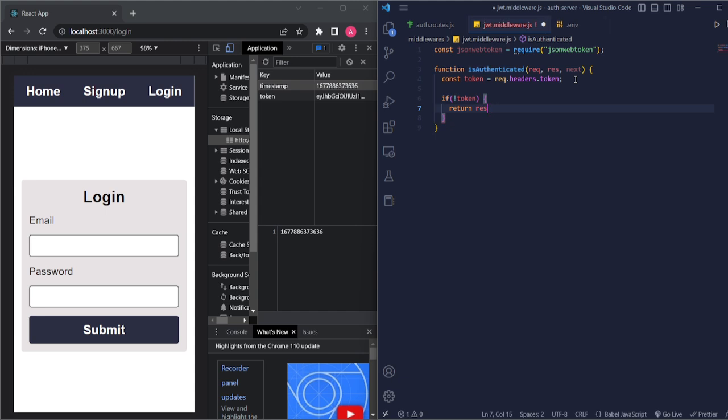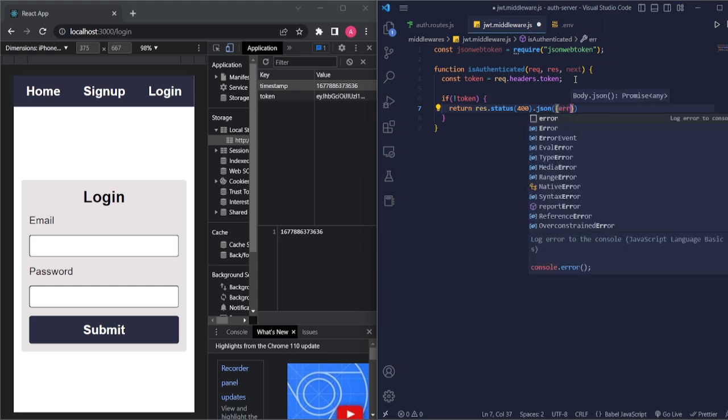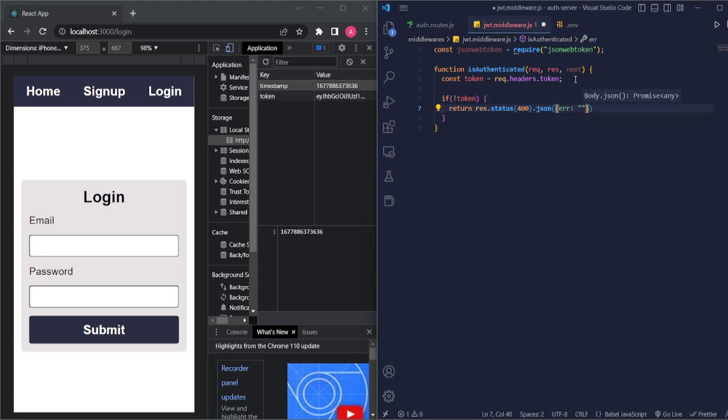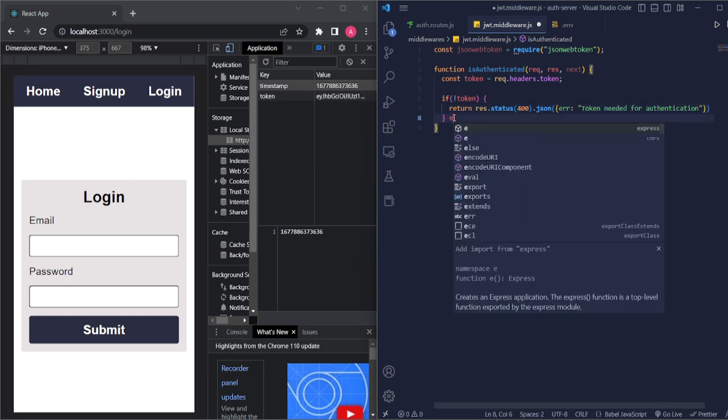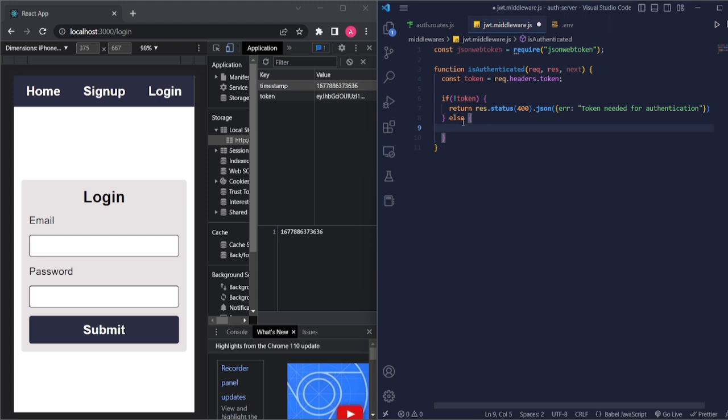So I'll say return res.status, let's say 400. And then we'll just say token needed for authentication. All right, and if the token does exist, then we can move on and we can check if the token